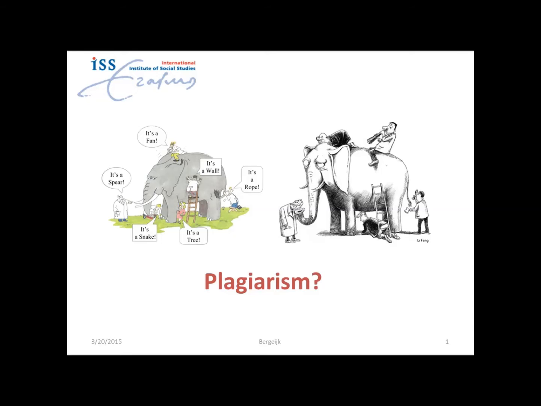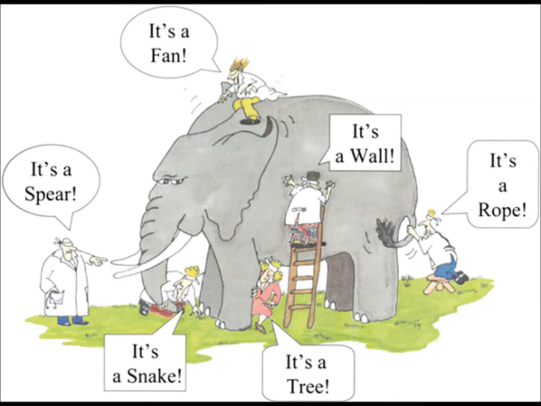Because if you're from an Asian culture, then you know the story. The story is about 6 blind men and the elephant. So these blind men, they take a look at the elephant and they report to the king, and they all tell a different kind of story, because one was taking a look at the tail, the other one was taking a look at, and you see it over there. It's a spear, it's a fan, it's a wall, it's a tree. Now, if you go to the internet,